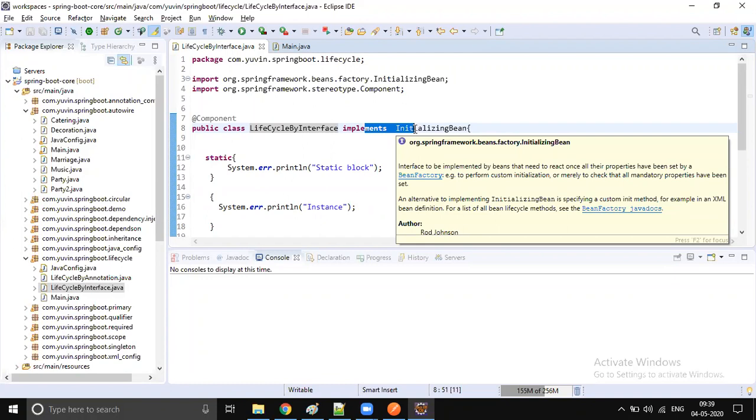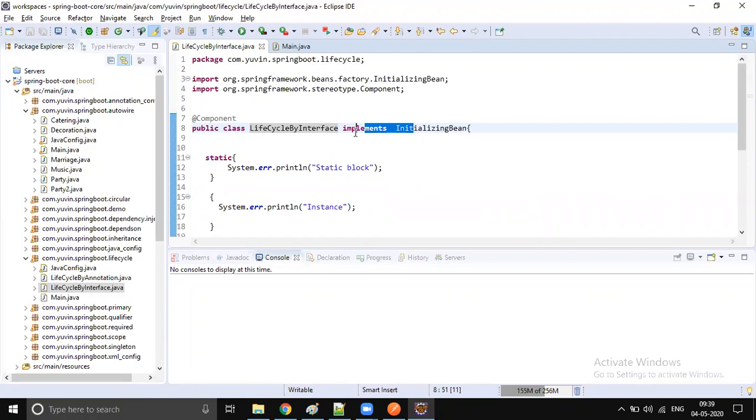That is the maximum you can do. If not, go for Java configuration. At minimum, go for XML configuration, Java configuration or annotation configuration, but never implement any interface and never extend any class. Never make your bean a slave to any interface or any class. This is not good practice, it's the worst actually.